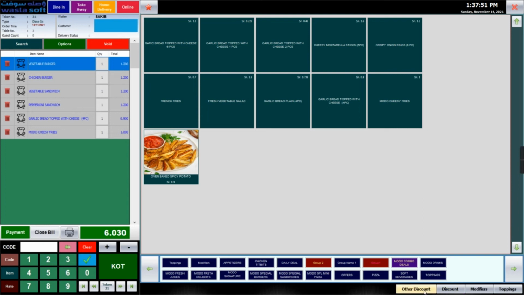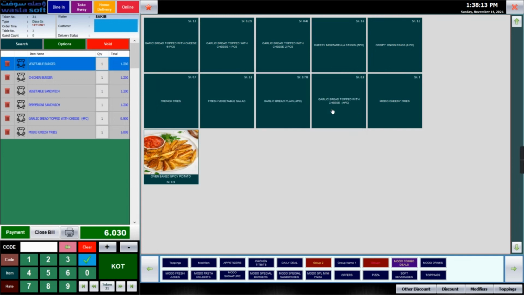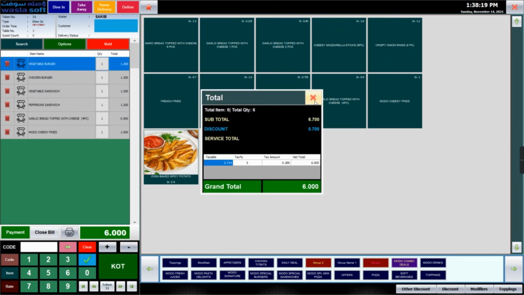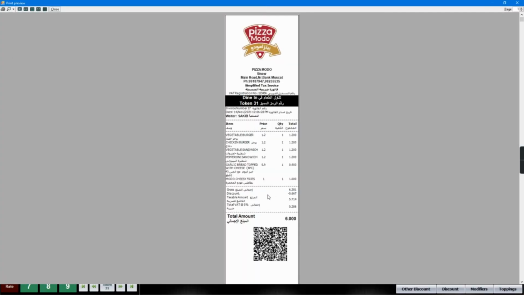And there is another type of discount also. This discount you can give directly. So you can see here the discount amount was 0.700. When you print the bill, it will show the discount there, gross, discount, then the taxable amount, and everything will come.